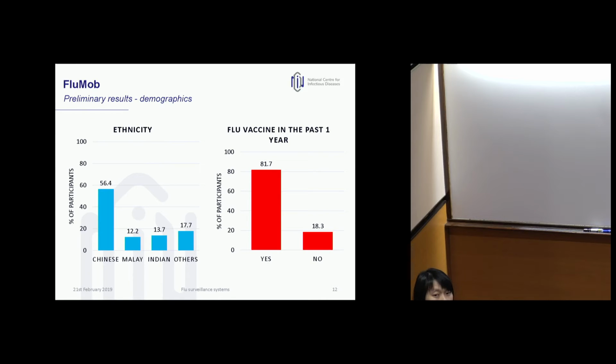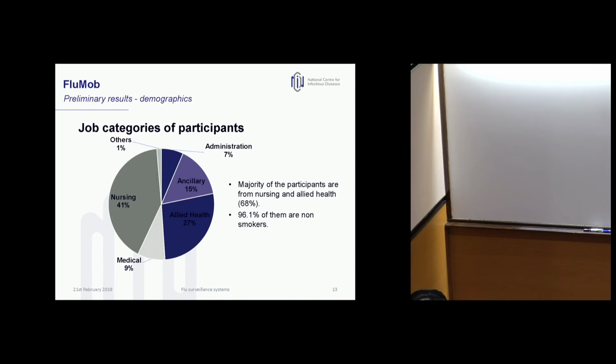If you look at the Singapore population, about 10% are vaccinated, but within our cohort, we get 81%. So in that case, like you said, if they do have influenza and we swab them, sometimes the titers of the viruses might be tricky for us to decipher whether this is a real influenza case or due to a vaccination in the midst of the study, because we always have vaccination drives twice a year in the hospital. So that is related to your question. Most of them are nurses and allied health.